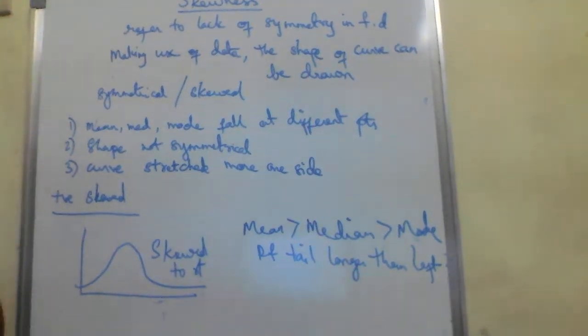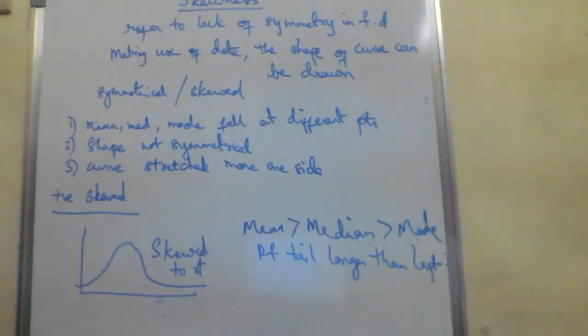Hello students, next topic of our unit is skewness. This skewness, already we have seen symmetric curves. So the opposite of symmetric is skewness. So if a frequency distribution is given, that is if the values are given, then you represent them as